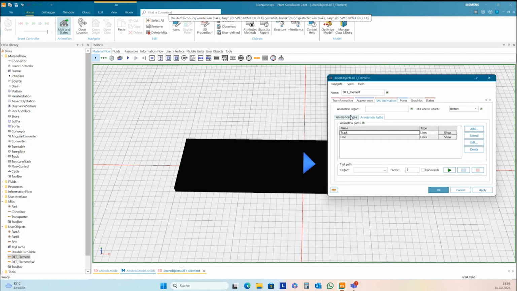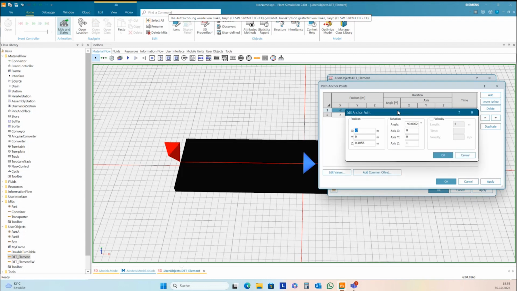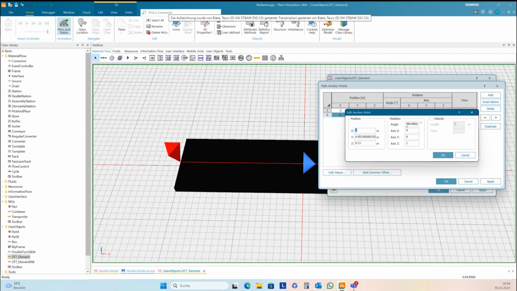Animation path, line, edit. No idea why it's minus 90 degrees.